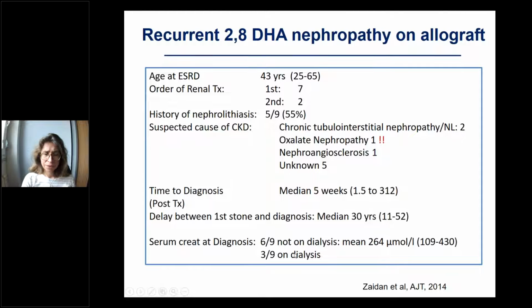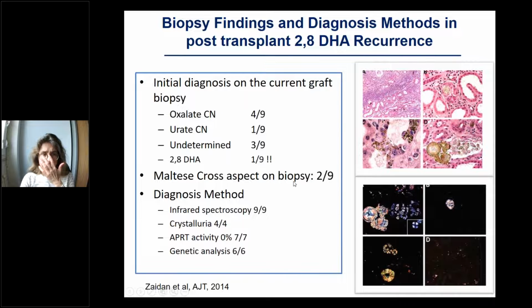The diagnosis was made in a catastrophic situation in 9 patients, because one patient already required dialysis after kidney transplantation, and the others already had severe chronic kidney disease on their new allograft. When the patient had the first event after transplantation, in 4 patients the initial diagnosis was oxalate